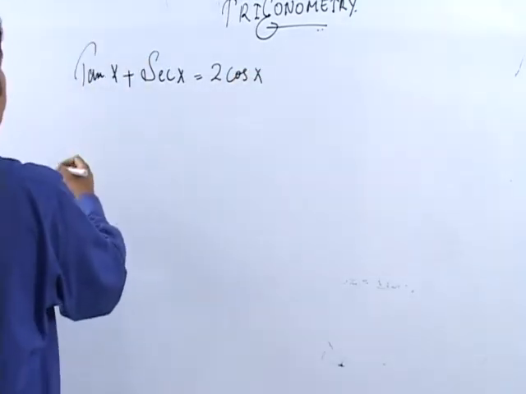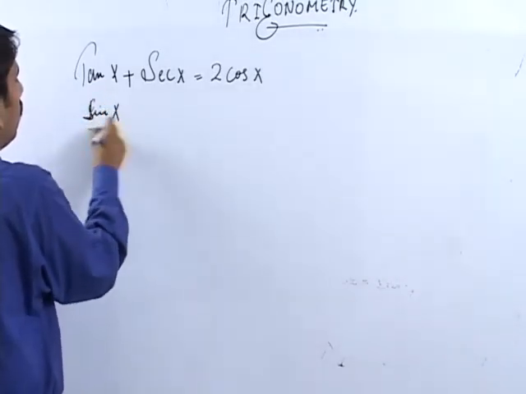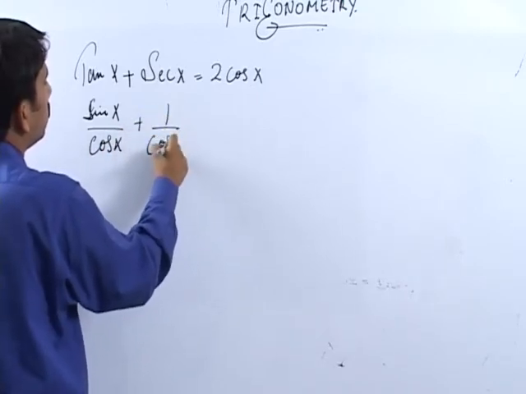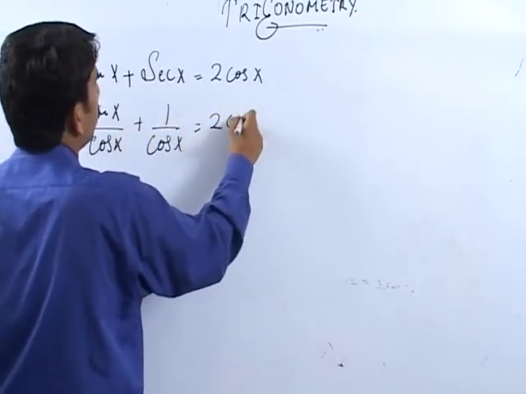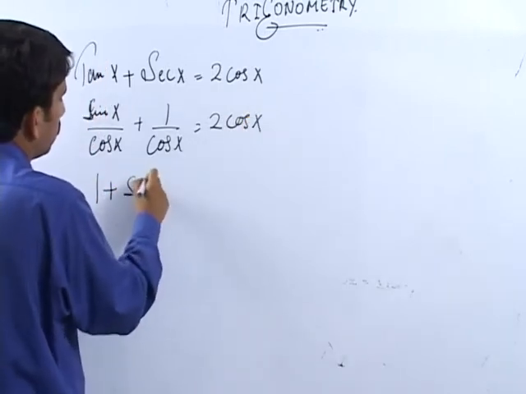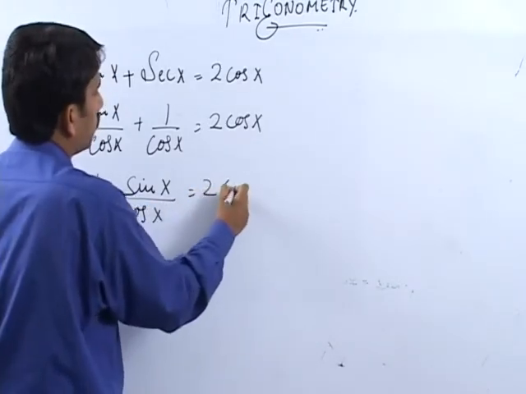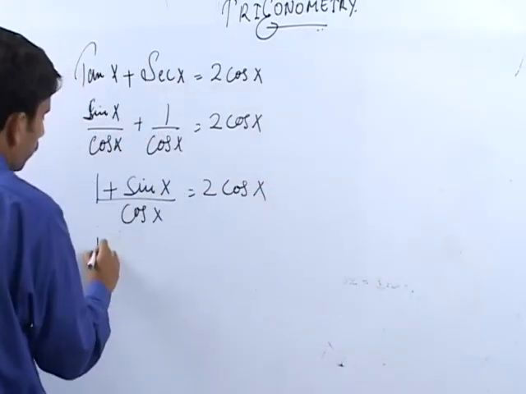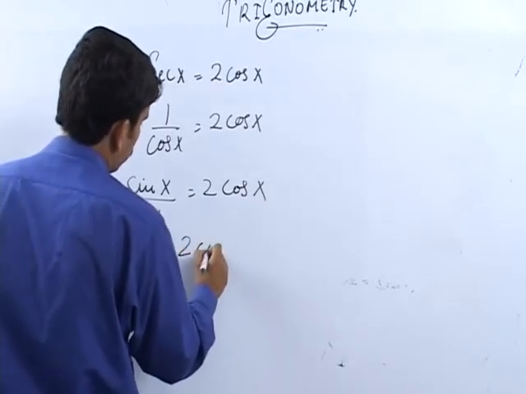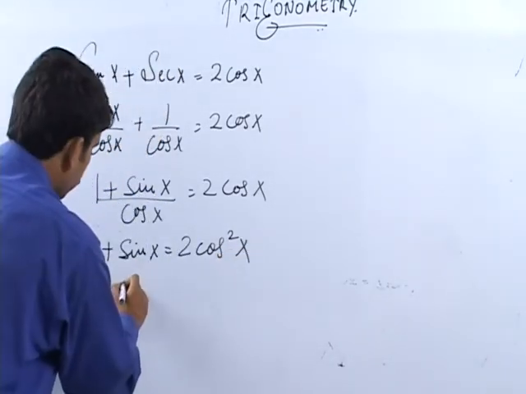Now this will be sin x over cos x plus 1 over cos x is equal to 2 cos x, and this will be equal to 1 plus sin x over cos x is equal to 2 cos x. This will be 1 plus sin x is equal to 2 cos square x, and this will give you